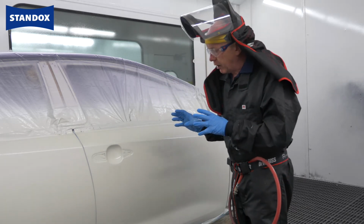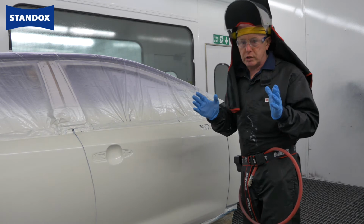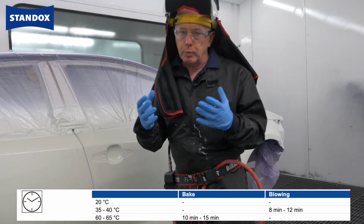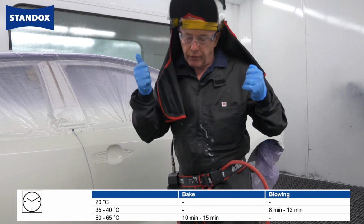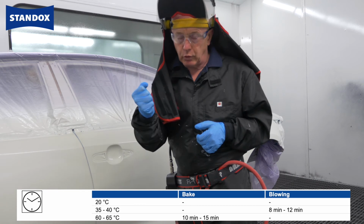It's time now that I flash this off to get ready for clear. Now I have some choices. If you're lucky enough and you have, like we have here, an in-booth blowing system, that will be set somewhere between 35 up to say 40 degrees C. I can use that. I can use Venturis on a stand, or I can use handheld Venturis